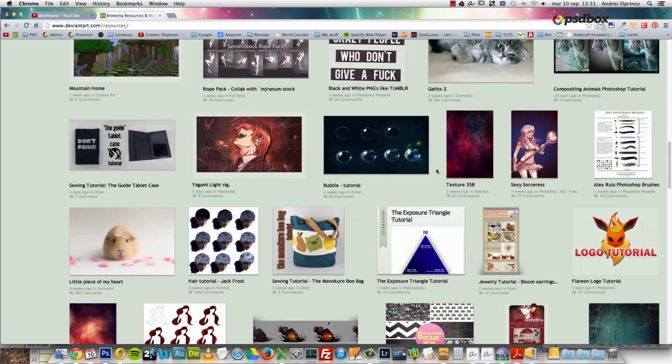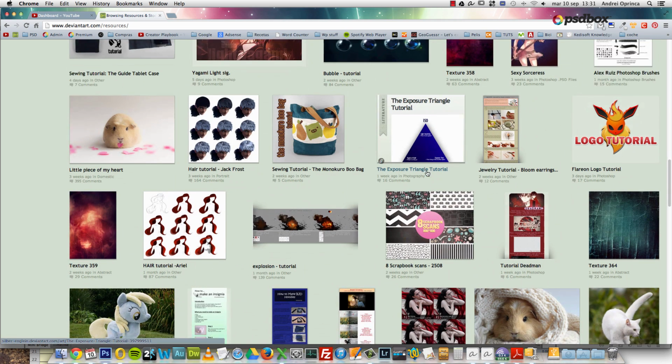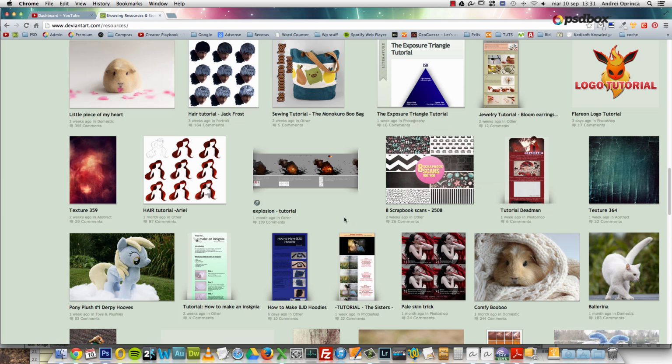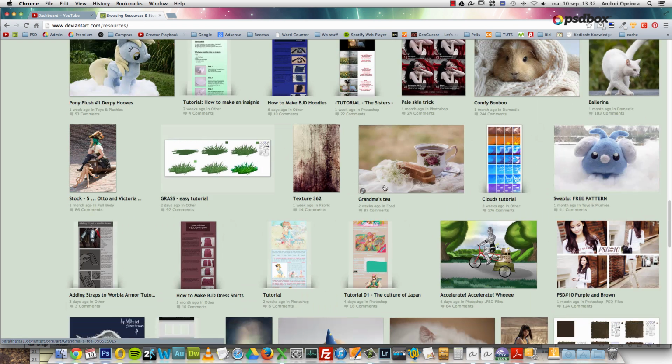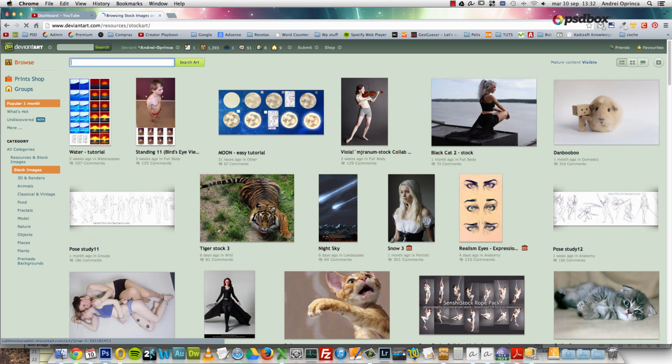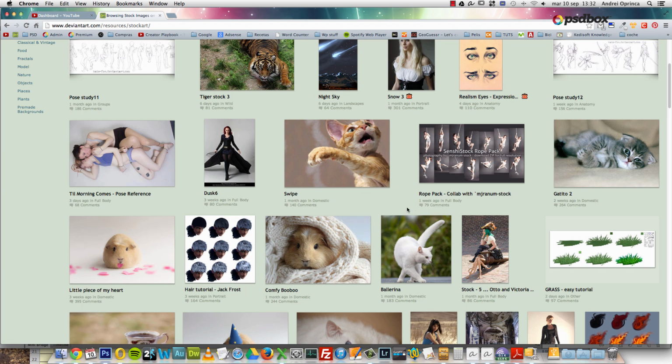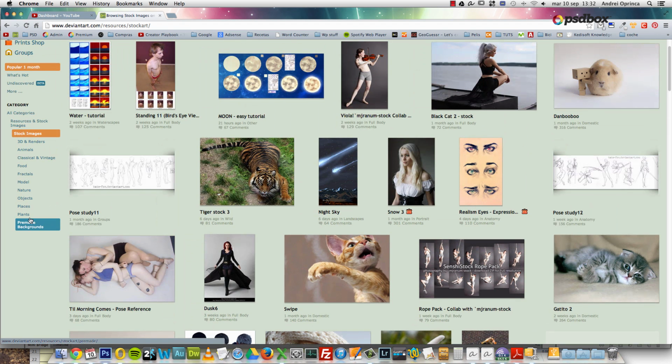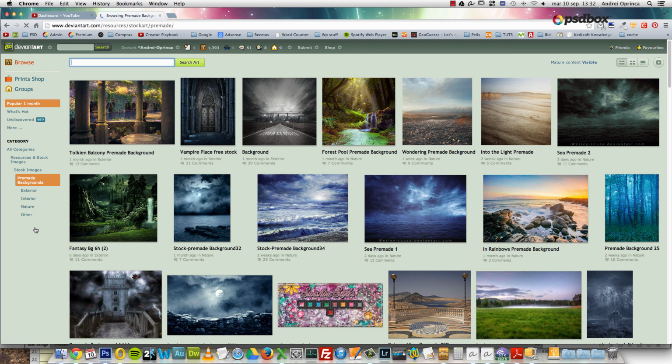And they're not only for Photoshop. You can also find resources for other programs like, I don't know, GIMP, for example, and other tutorials and stuff like that. And here on this resources and stock images, you can see there's another sub list, and if you go to stock images, you'll find only stock images, so no tutorials, just stock images. And on the bottom here you'll find these pre-made backgrounds, and this will make your work a lot easier because